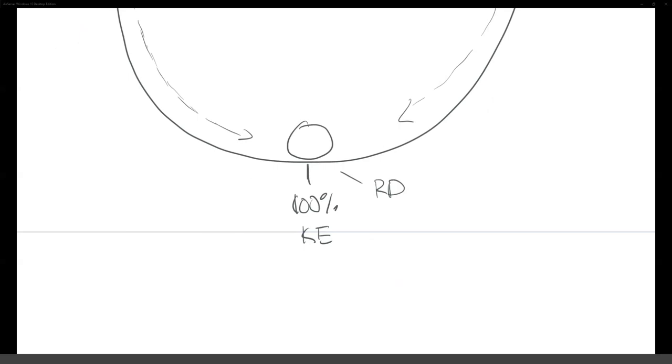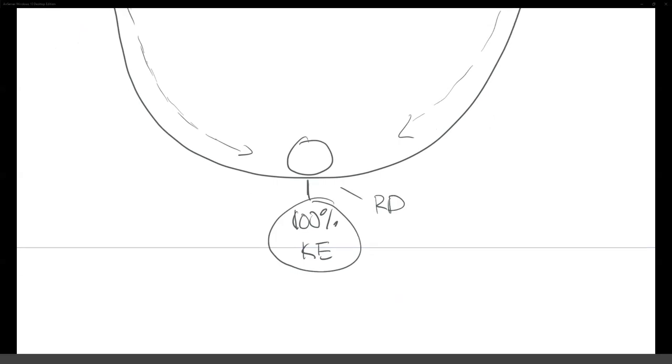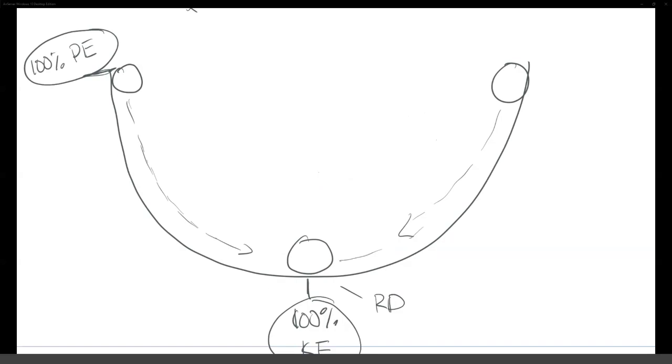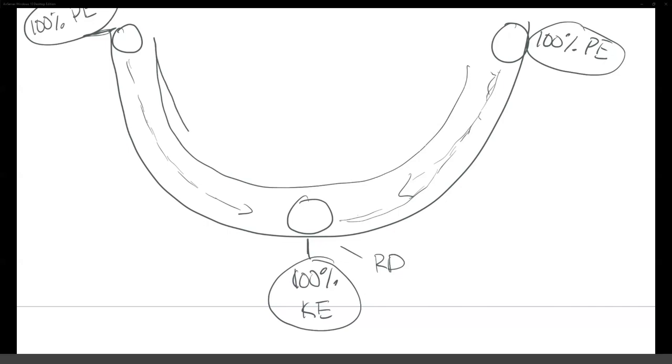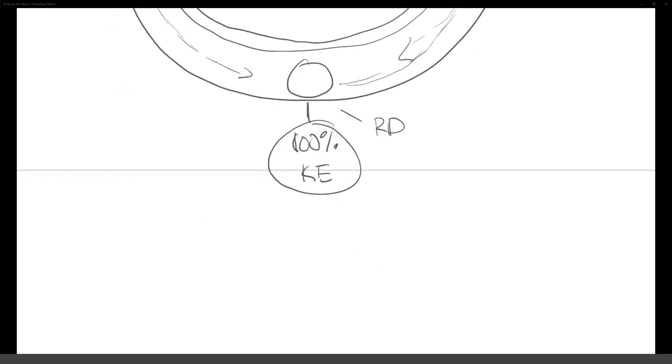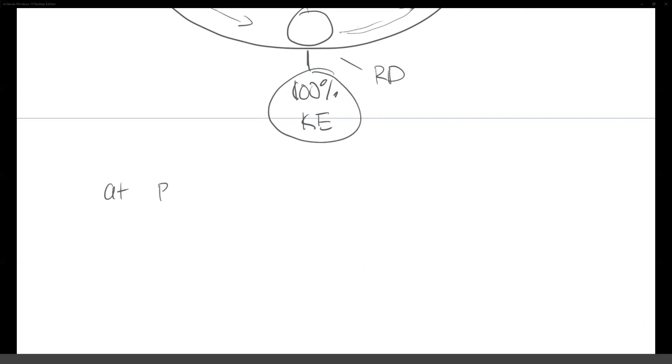It's going to convert all the way to 100% kinetic energy, because that's the point where the ball will be traveling the fastest or have the highest velocity, right? And then as it comes up this way, it's going to start losing that kinetic energy the higher up the bowl it goes. And once it gets to the top of its peak, or top of its amplitude, it's going to convert all the way back to 100% potential energy. And this cycle repeats itself. So as the ball comes back down, it all gets converted to kinetic, goes back up, potential, back down, kinetic, right? So something useful to know: at rest position,